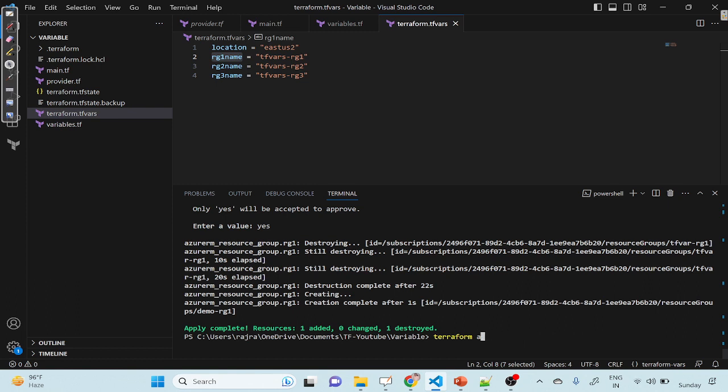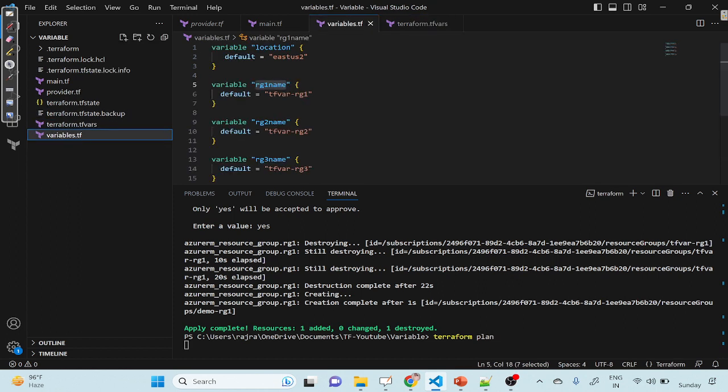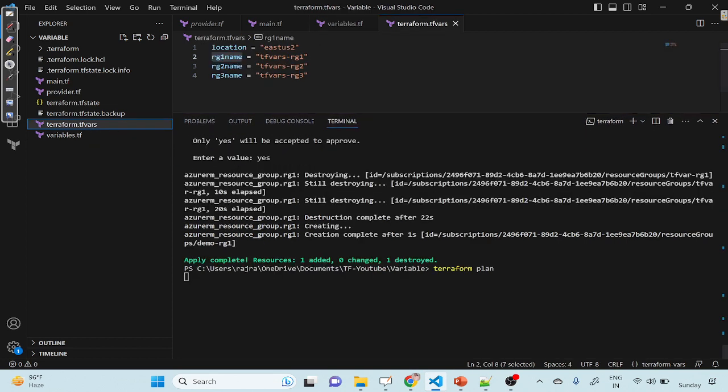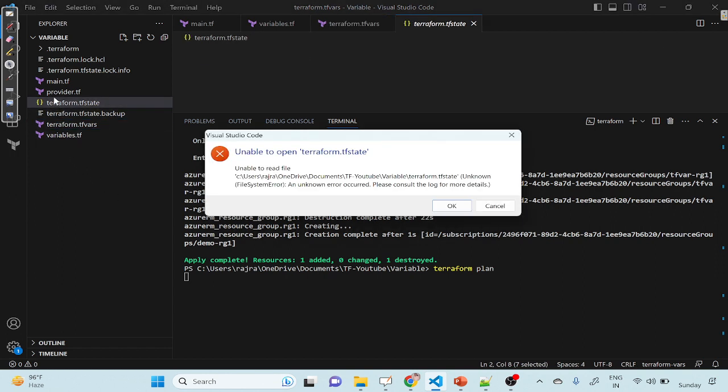Now, if you see the plan, what will happen? All these default values will be overridden and all these values will be picked up. So now you see it will show 3 to destroy, 3 to add. What will be the name of those resource groups now? It will no more be,